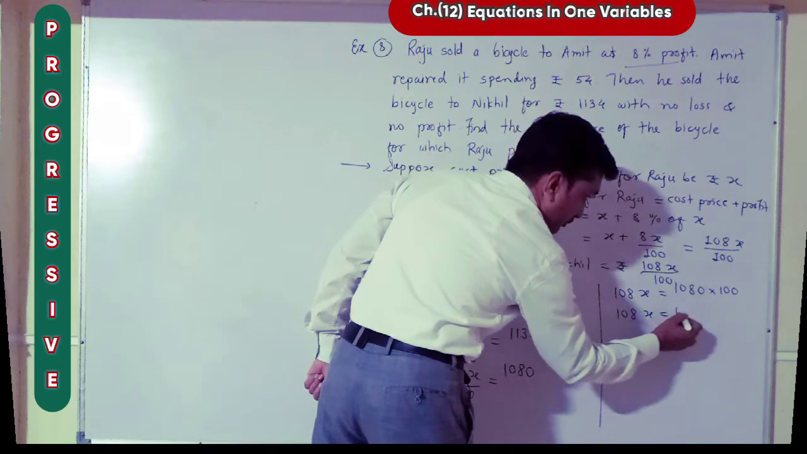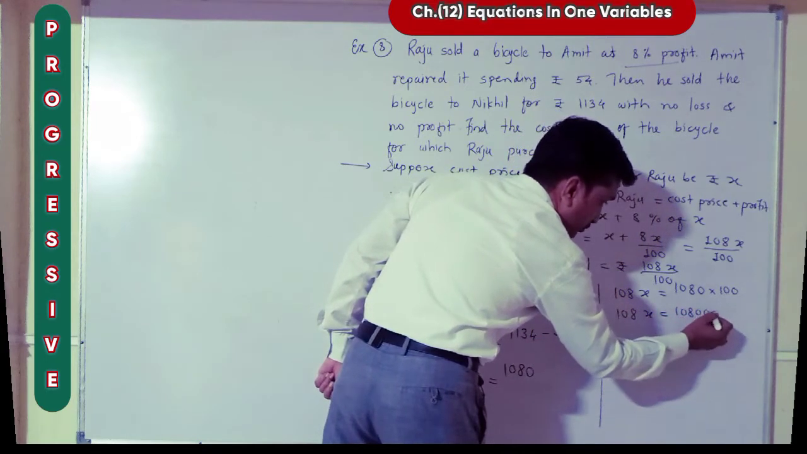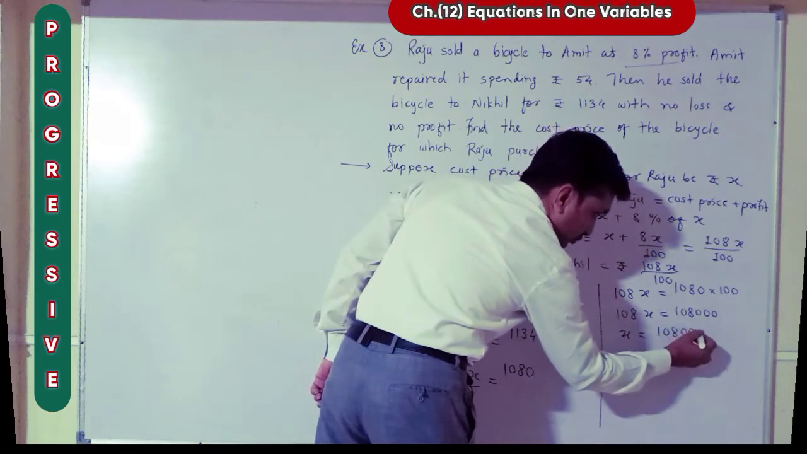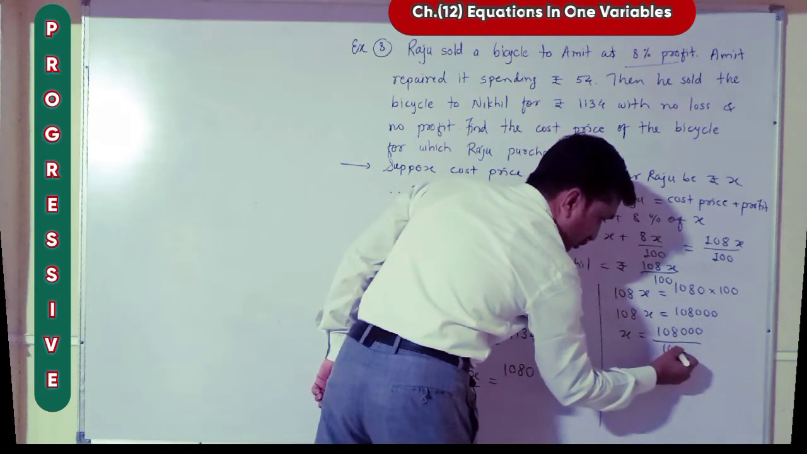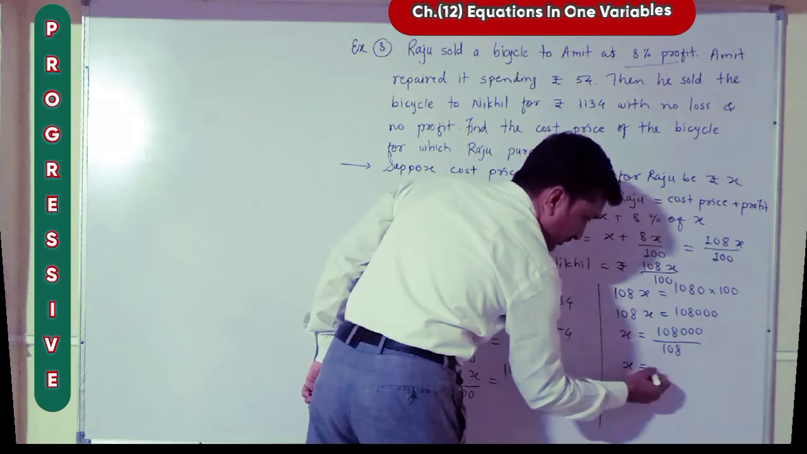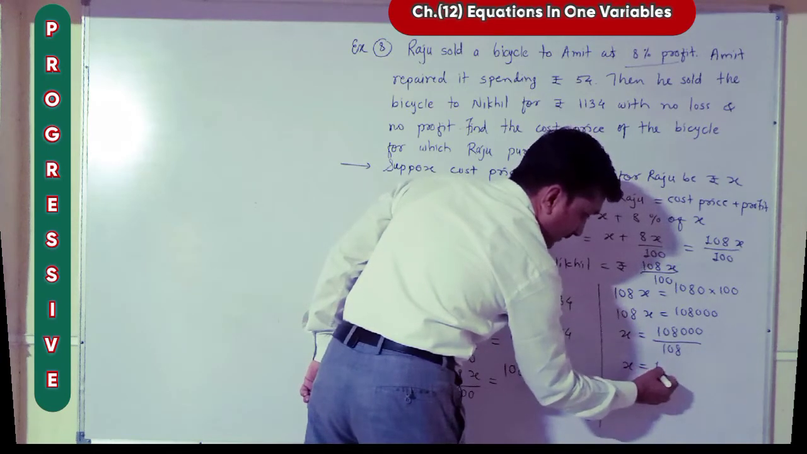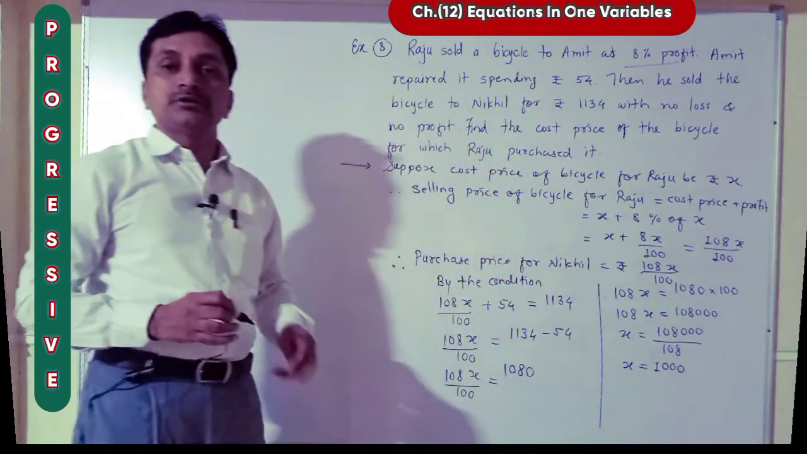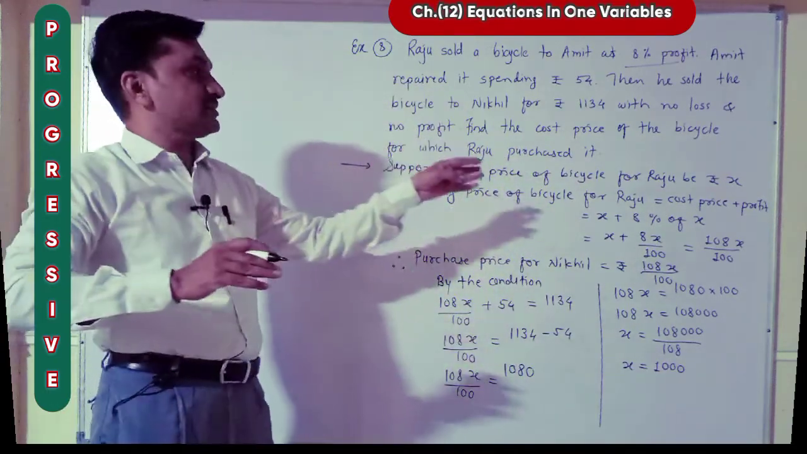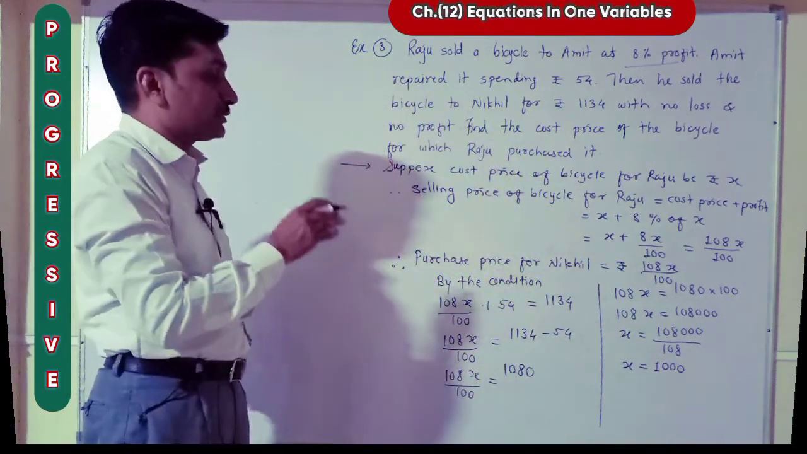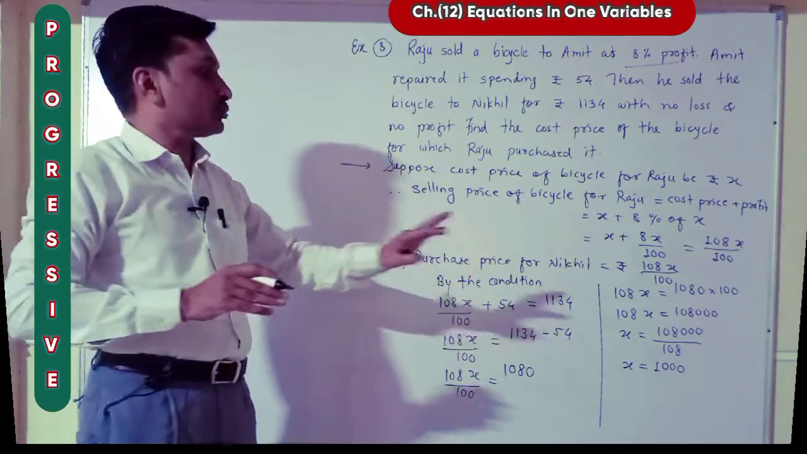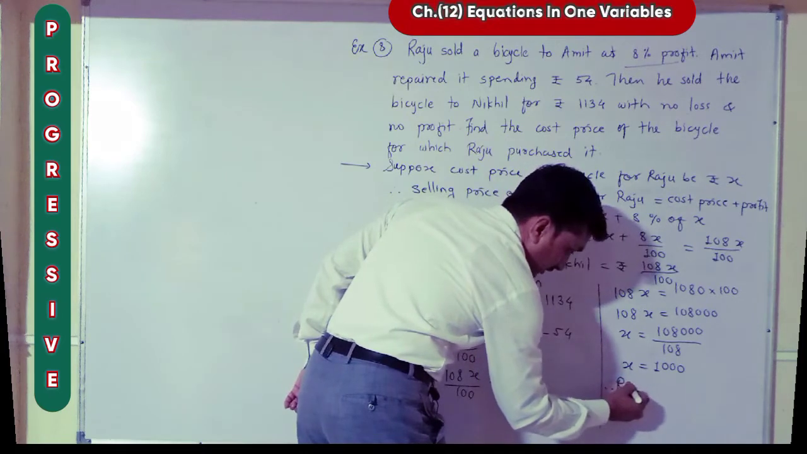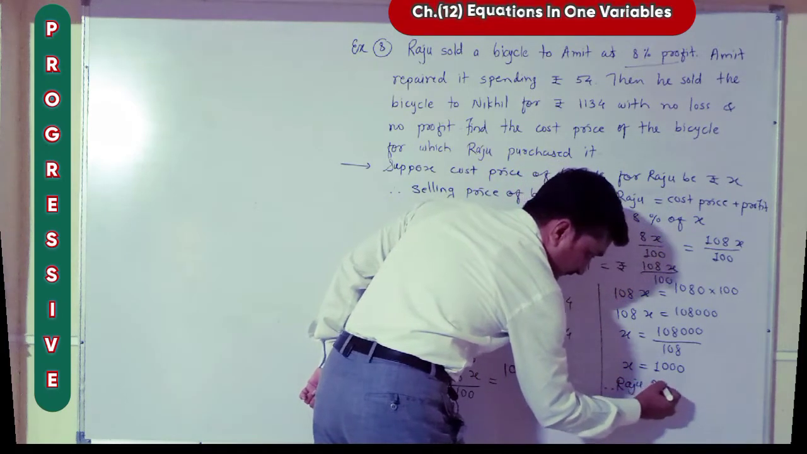108x is equal to 1080, 2 more zeros. X is equal to 108000 upon 108. Now here direct reduction we can do: 1s are 108 and 3 zeros, 1000 rupees. And that is the cost price of bicycle for Raju. Means Raju purchased cycle for rupees 1000. Therefore we can write here Raju purchased